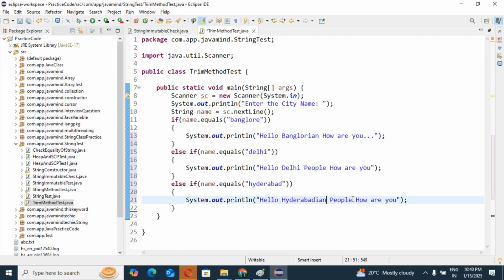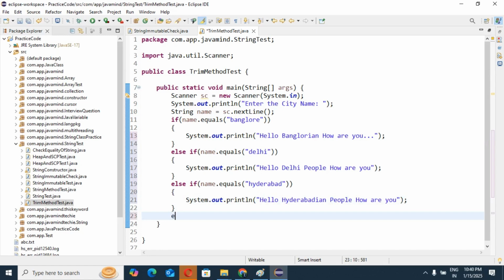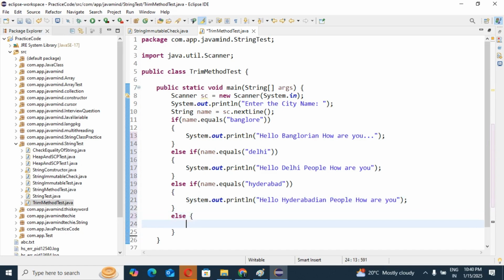Suppose it is any other city except Bangalore, Delhi or Hyderabad, and we are not able to get a matching value from the end user. Then last, we can write else. In else we directly print "Please enter the valid city name."